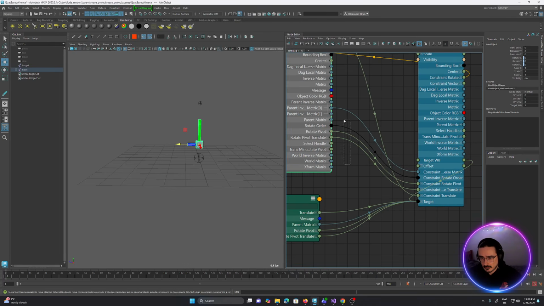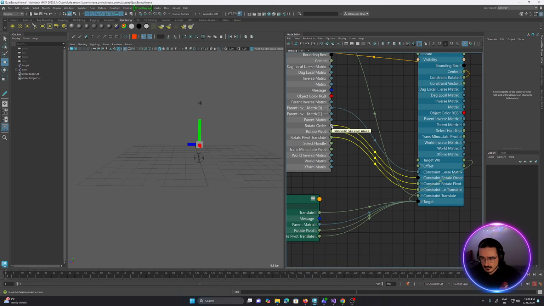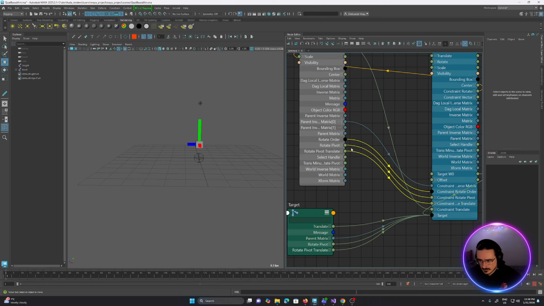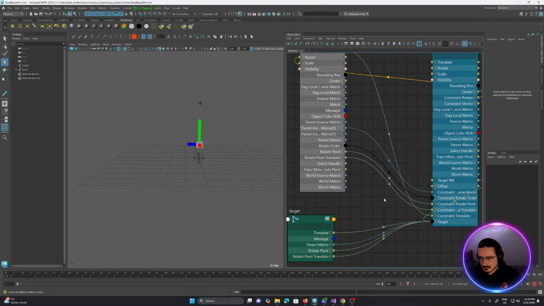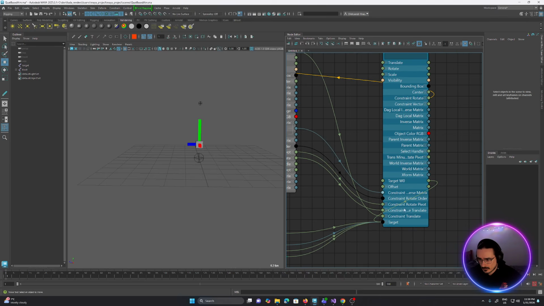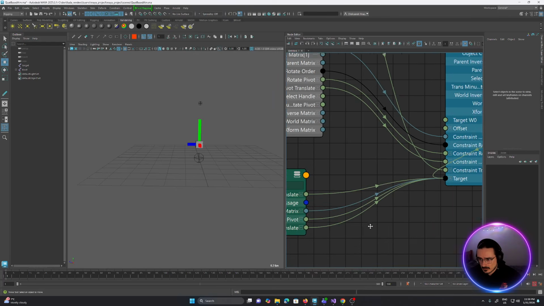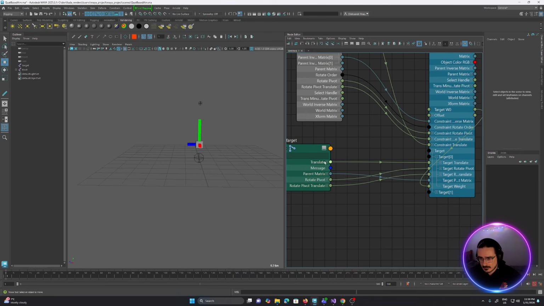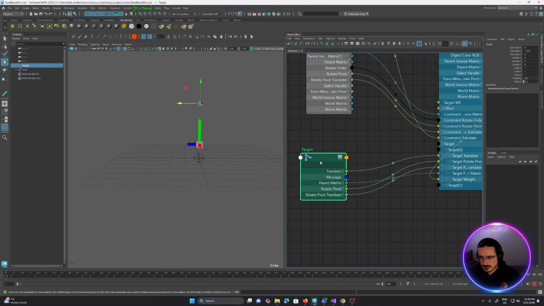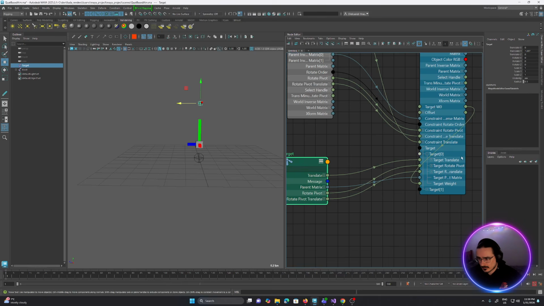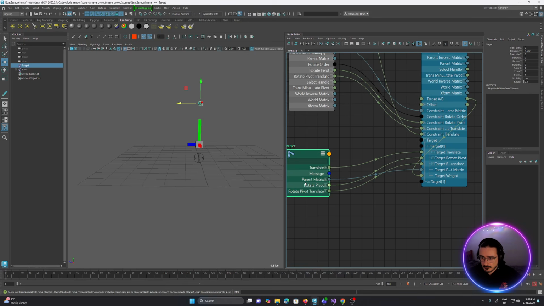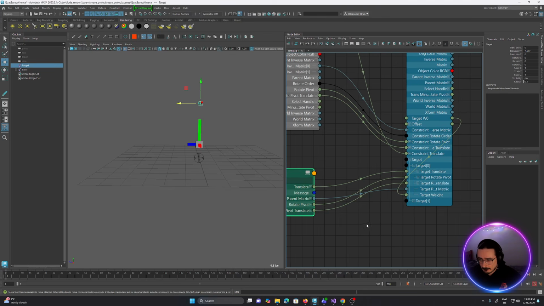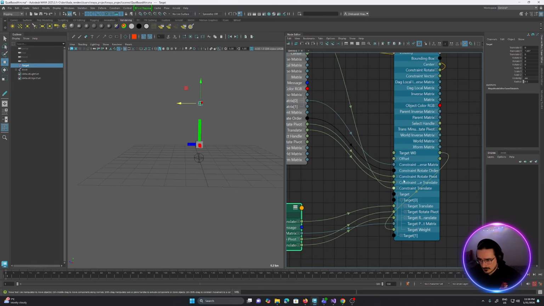We have a bunch of stuff that we don't care about because the rotation order would be the similar XYZ, and the rotate pivot and rotate pivot translate are zero vectors, so we don't care about that. And we have to look into here and see that we have the translate, local translate of my target connected to the target translate, and its parent matrix as well. So let's keep it in mind